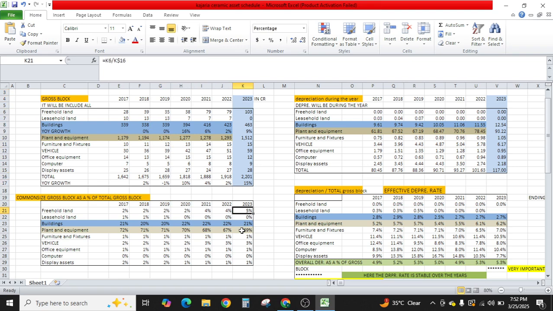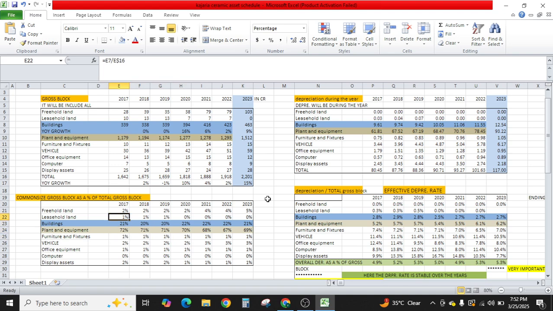For FY23 I have taken freehold land of FY23 divided by total gross block. The total of this is 2201, which you can see here. So gross block for 2023 divided by total gross block. Same way for all the years I have done for buildings, leasehold land, plant and equipment, and all the rest of the line